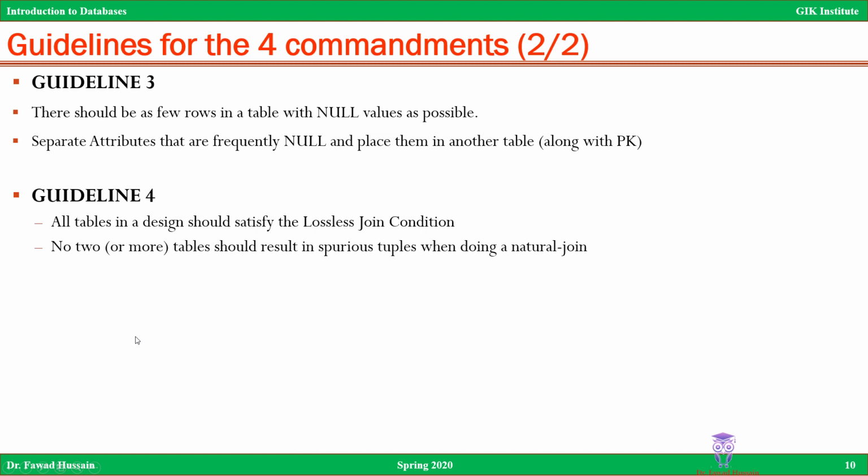This is particularly important when you are using the extended ER model, when you are having the is-a relationship, when you are having inheritance. We saw four ways in which we can make a logical table out of an extended ER diagram. One of them said that you can make a separate table, and if one does not occur, just put the null values there. This guideline is telling me that there should be as few rows in a table with null values as possible. If such a thing occurs, if it's inevitable, separate attributes that are frequently null and place them in another table. So if I have a table like this,